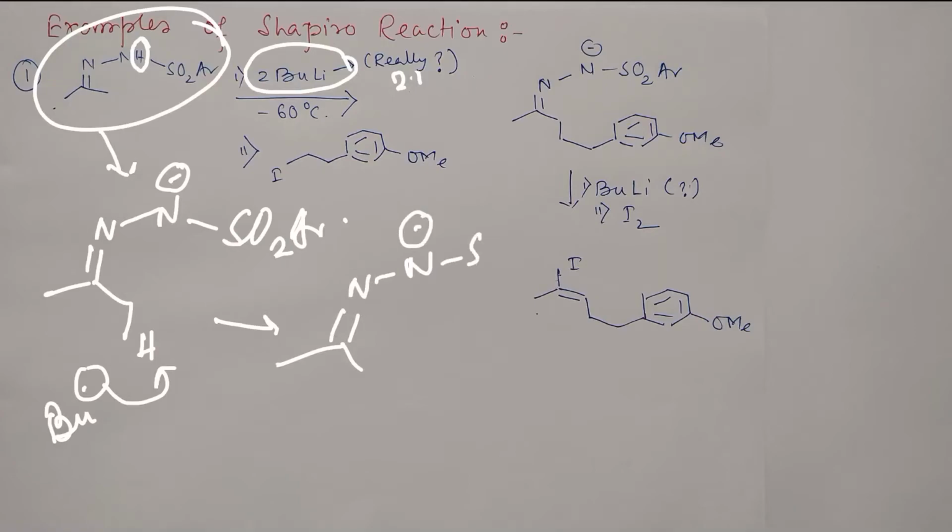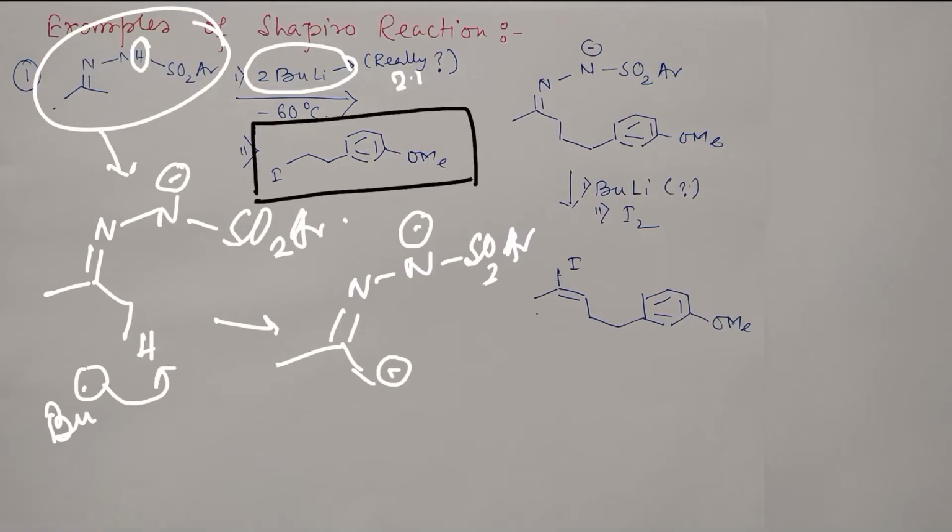Okay, now the question is, previously in the case of the Shapiro reaction, you observed that these undergo elimination, first of all of hydrazine, second of nitrogen, to produce the vinyl anion. But see, in the reaction medium there is an electrophilic reagent, and iodine is a good leaving group. So what happens is that this negative charge attacks here and iodide leaves. So you may consider this an alkylation reaction. Okay, so now right now what we got